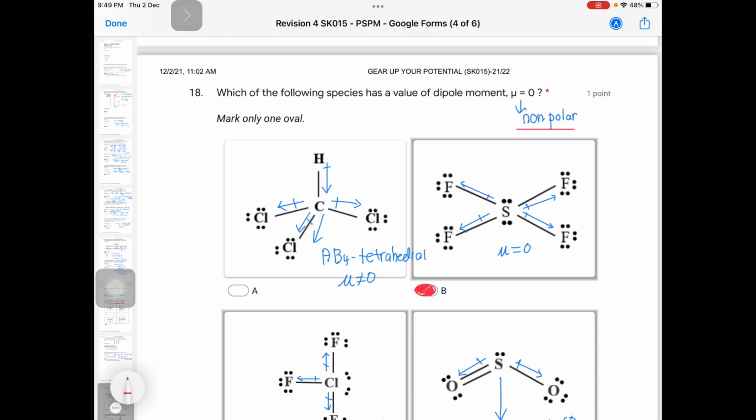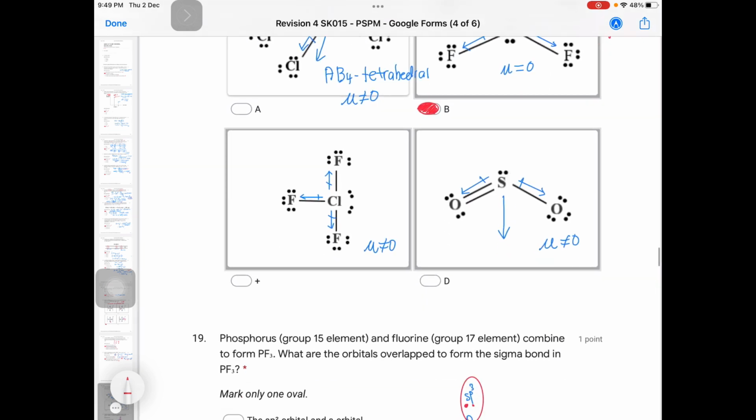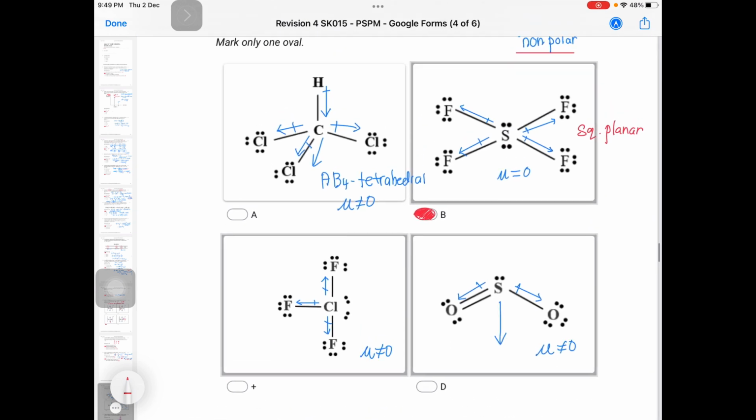Then for option B, it is square planar. And then for C, the dipole moment is not equal to 0 because this one is T shape. And this one is V shape. So the most correct answer is option